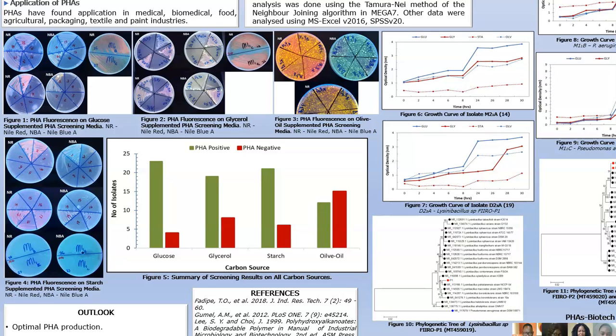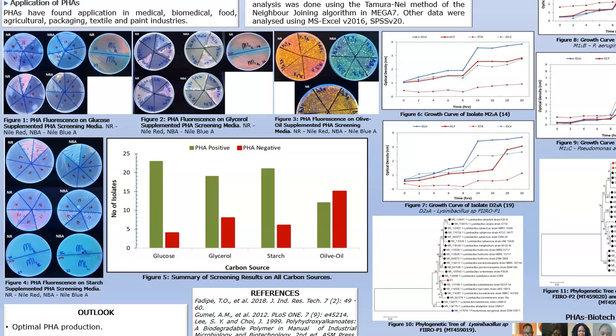based on their capacity to utilize all the 4 carbon sources and they are isolate D23A coded 19, isolate M11B coded 26, isolate M11C coded 27, isolate M14A coded 1, isolate M21A coded 14, and isolate M21B coded 15. And you will see that they produced orange fluorescence, blue fluorescence, and we had even some that had yellow fluorescence in addition to the orange and blue fluorescence in the plates with Nile red and Nile blue A.